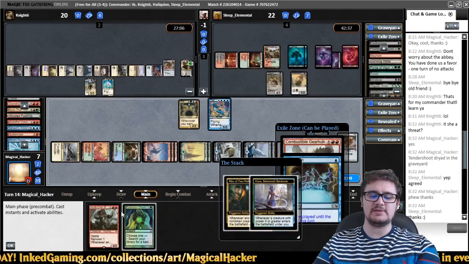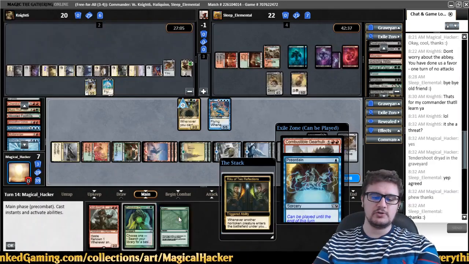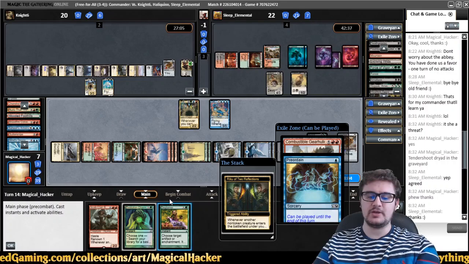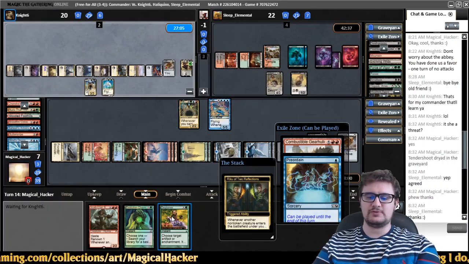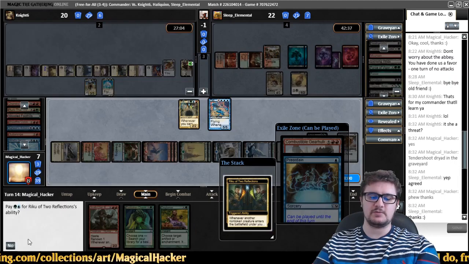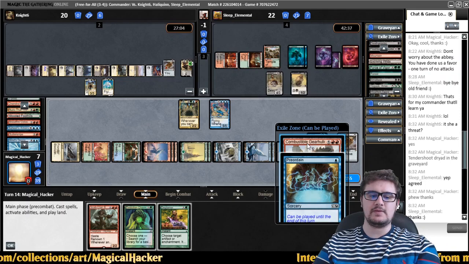We're going to go ahead and have Riku of 2 Reflections hit the battlefield. We're not going to be able to use it, but at least we'll get to draw a card off of the Kiora Behemoth Beckoner. So we draw into a Deglammer, which is also not too bad. We can use that to shuffle away the Venser's Journal or something. I guess it's not too great here in this situation, but we'll find something else. We're going to say no for the Riku of 2 Reflections ability. We'll go ahead and play the Combustible...